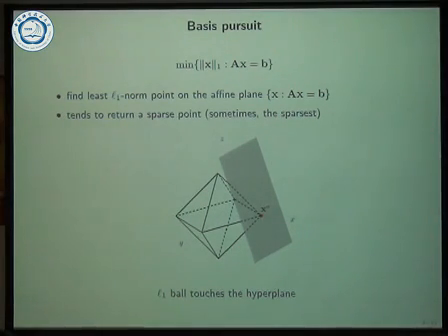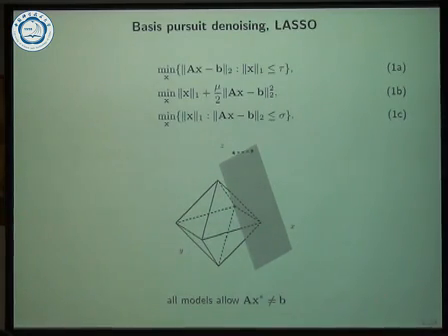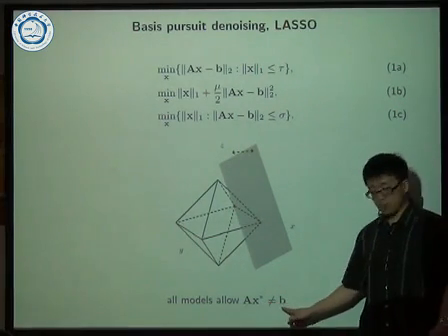Now this is the ideal model. Everything is exact, but as I said, b may have noise. This vector b may contain noise. So when b contains noise, you do not enforce Ax equals b. You let Ax not equal to b to accommodate the noise. There are 3 different kinds of models you can deal with, but all of these models allow the solution x star such that